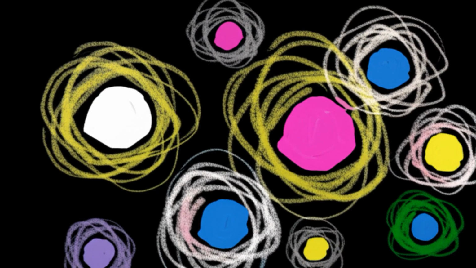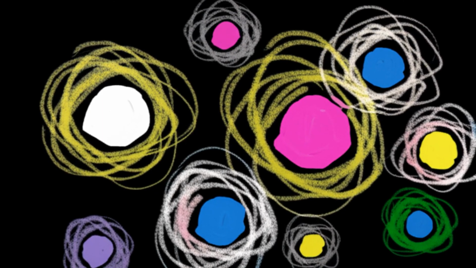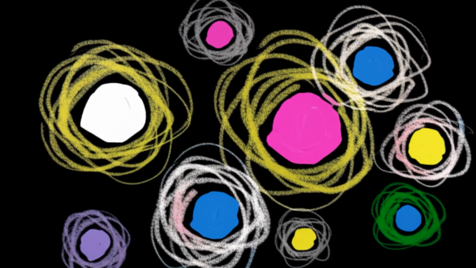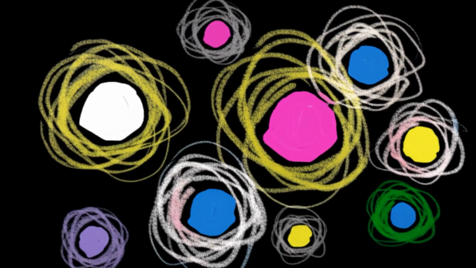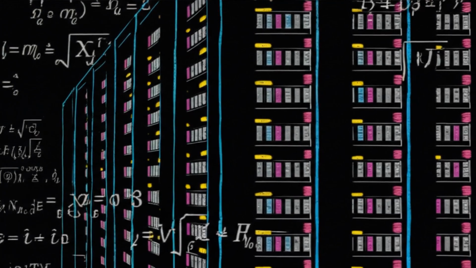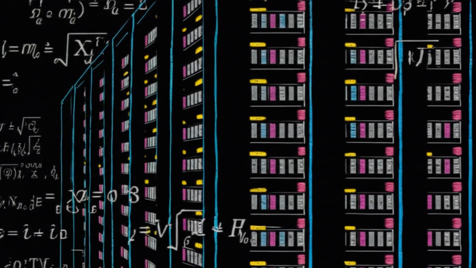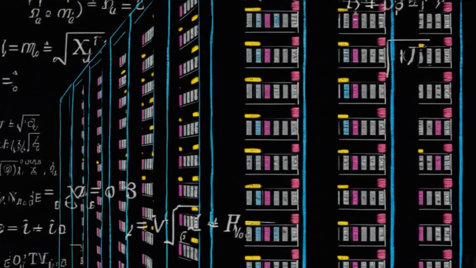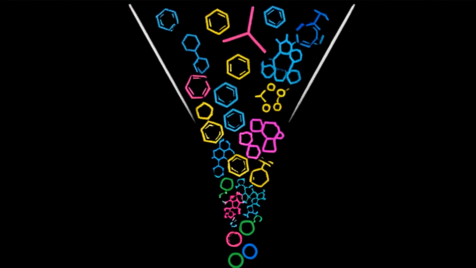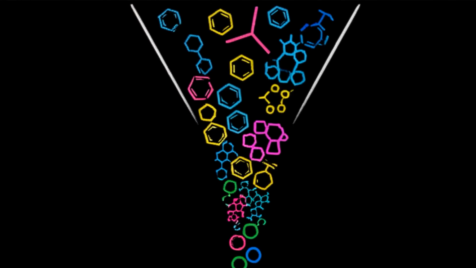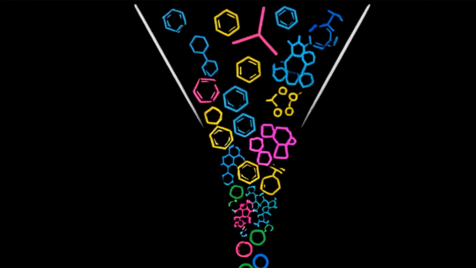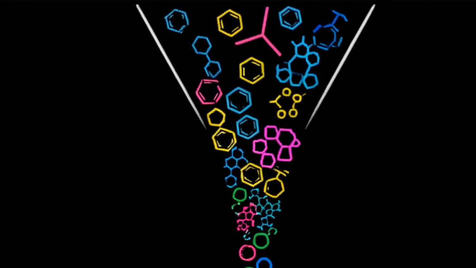This isn't magic. It's built on a bedrock of computational chemistry. The AI's predictions are often verified using incredibly intensive simulations based on quantum mechanics, like density functional theory, or DFT. DFT essentially calculates how all the electrons in a proposed atomic structure will behave, which in turn determines every single one of its properties. For decades, these calculations were too slow to be practical for discovery. Now, the AI acts as a smart filter, proposing only the most promising candidates for these expensive computational checkups.